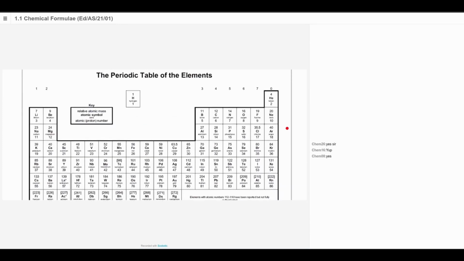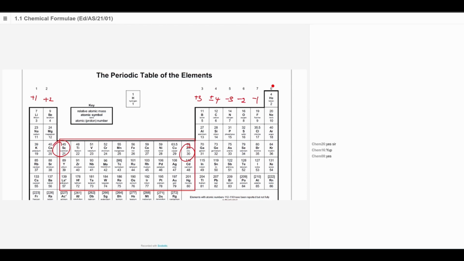We know group 1 has a valency of +1, group 2 is +2, and the elements in the D block show multivalency, except, of course, scandium, I think, which is exceptional. Other elements of this area show multivalency, meaning more than one valency, so you cannot identify their valency directly. Group 3 is +3, group 4 is ±4, group 5 is -3, group 6 is -2, group 7 is -1, and group 8 has a valency of 0, because they don't lose or gain electrons,